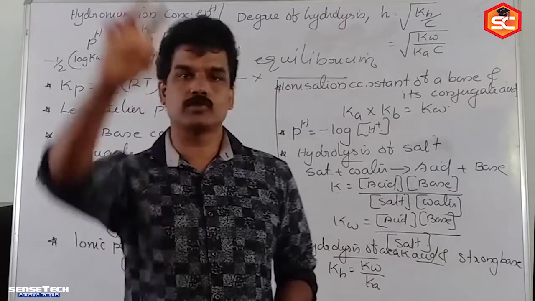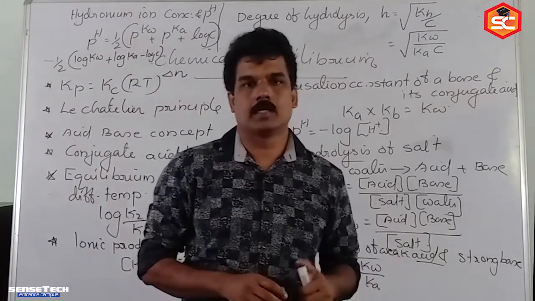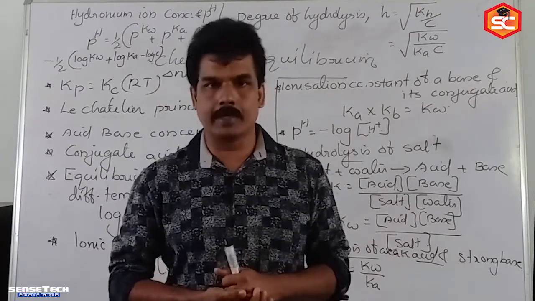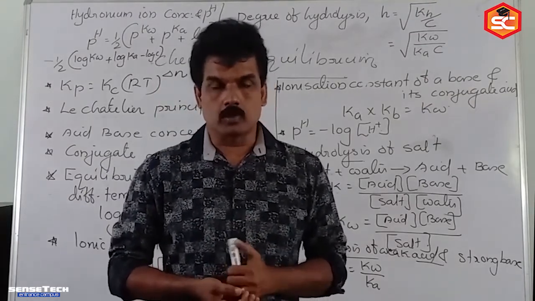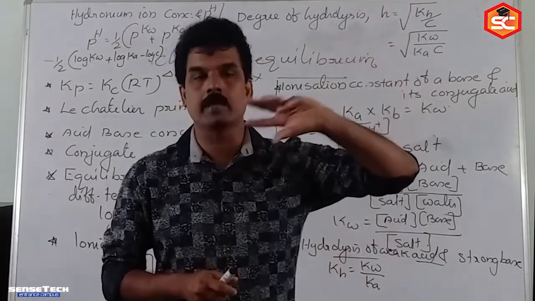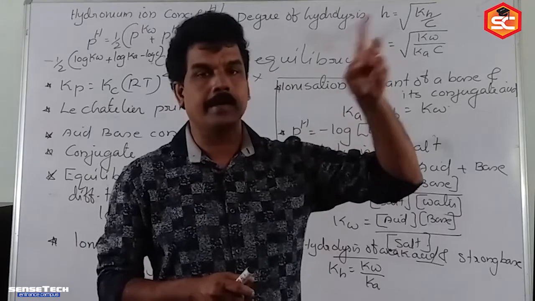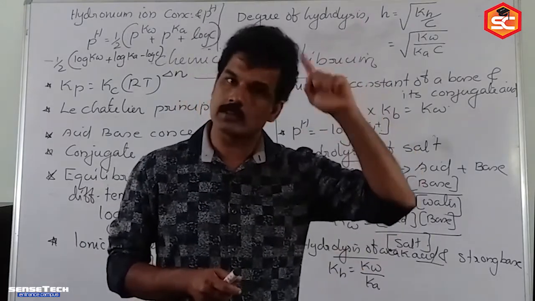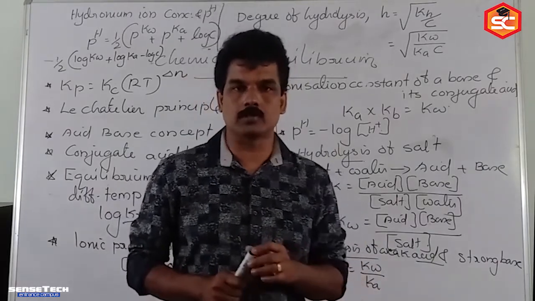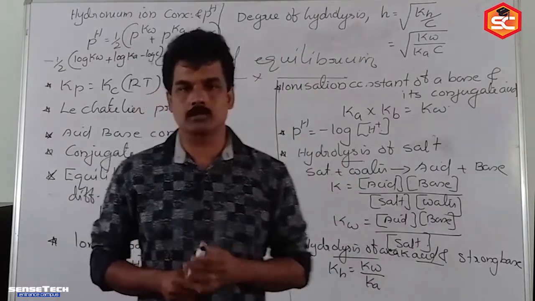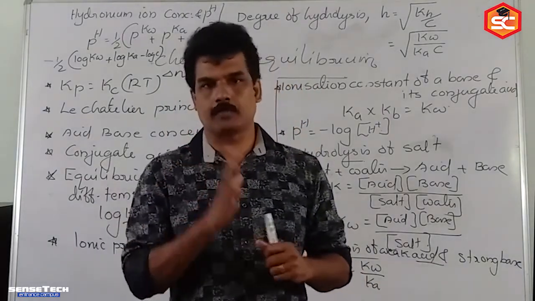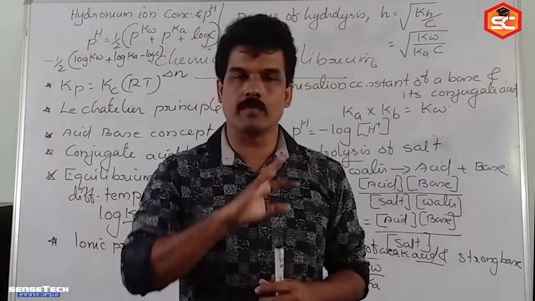In the chapter, first of all, you study equilibrium, that is a reversible reaction, equilibrium constant, and then factors affecting equilibrium. Equilibrium constant we can write as concentration of the product by concentration of the reactant, and any number of moles is there, you have to write it as the power of concentration. The stoichiometric coefficient gives rise to the power of concentration, and the ratio is known as the equilibrium constant, which we can express in terms of concentration and also in terms of partial pressure, Kp and Kc, both ways.